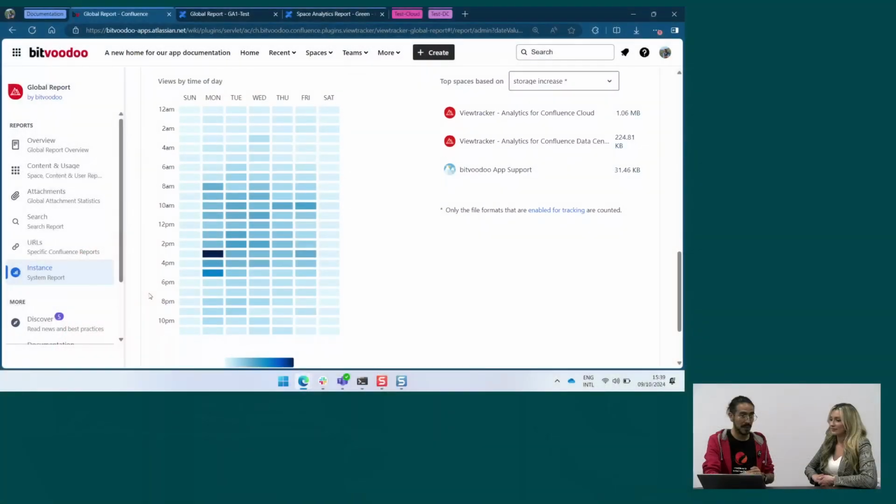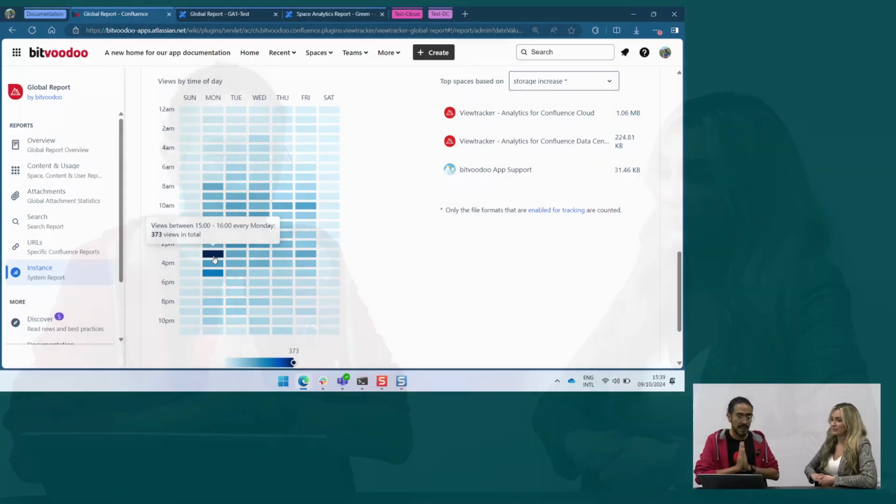And perhaps the last thing to emphasize, 2 last things, is that we can help you demonstrate with this heat map when your Confluence instance is more active. In this documentation, we can see that it's on Monday between this time span. This can help us realize, hey, we release new information, maybe this is the best moment to share it. Lastly, we are data privacy compliant. In case for some reason your company cannot track the username and record it, we integrated the systems